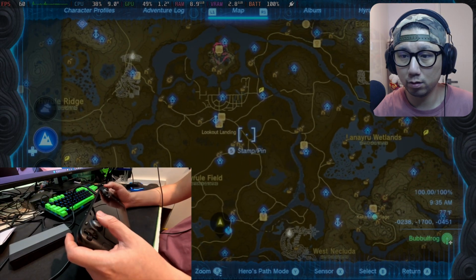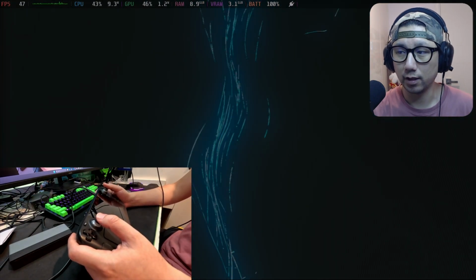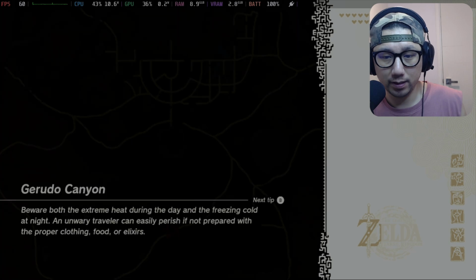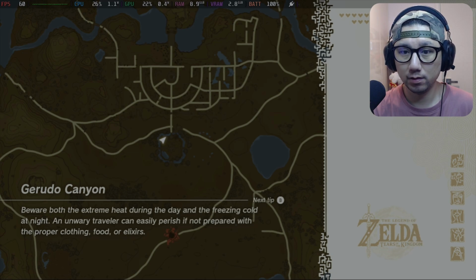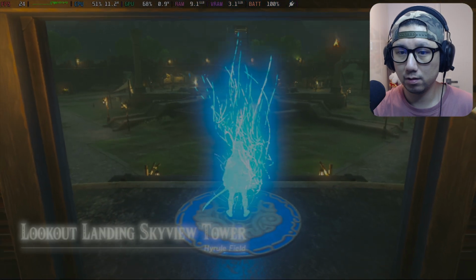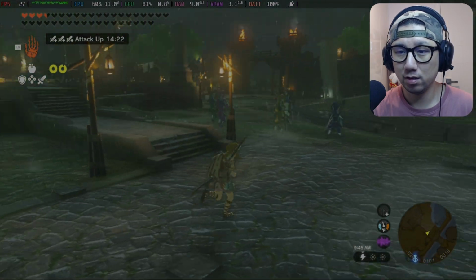Let's go to Lookout Landing. Oops. Lookout Landing. Okay, that felt a little bit weird. Yeah, so I'm gonna move my webcam away. Don't really need to see the gyro anymore. And so 20-ish frames. It's raining and everything, so...